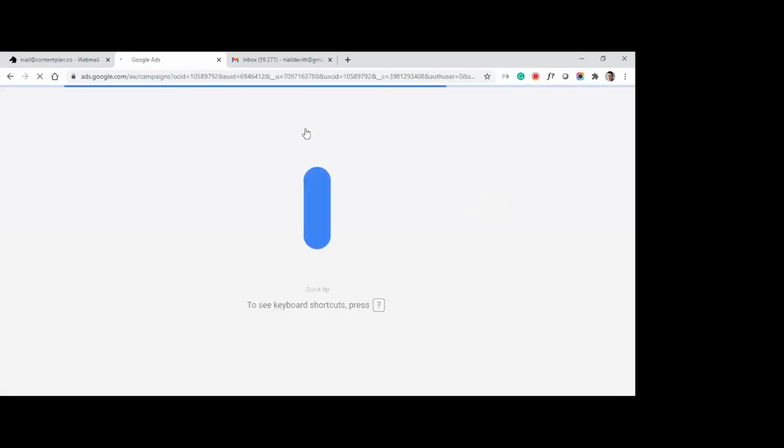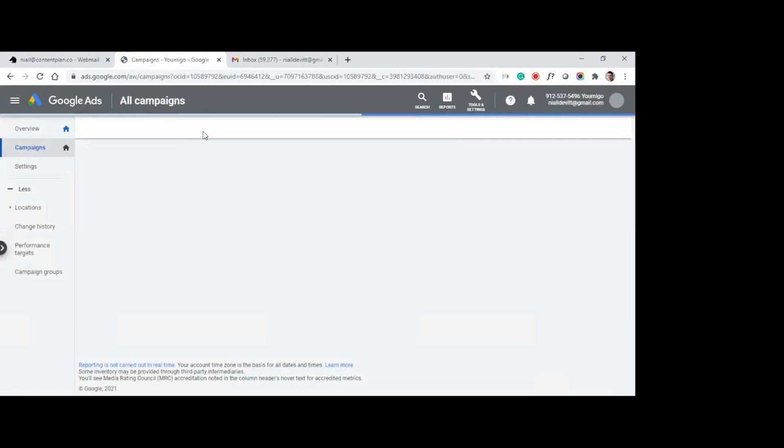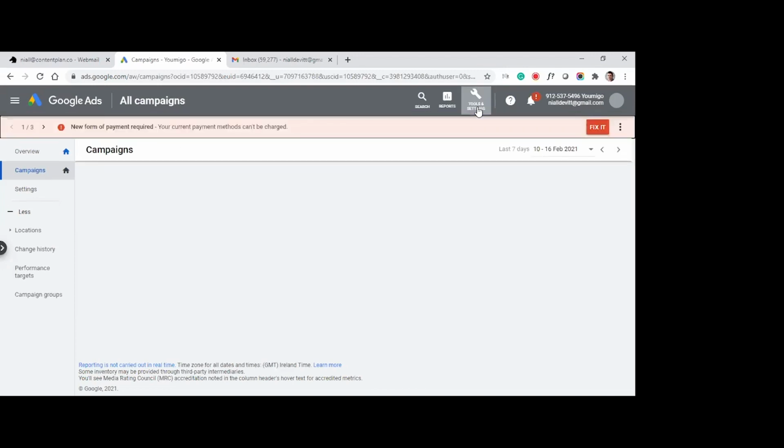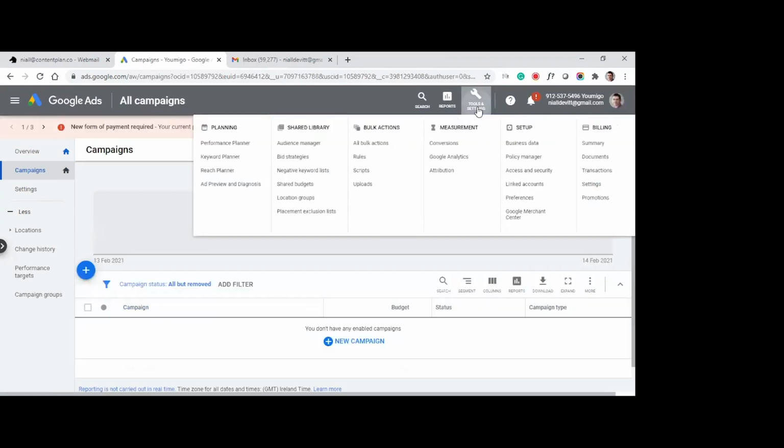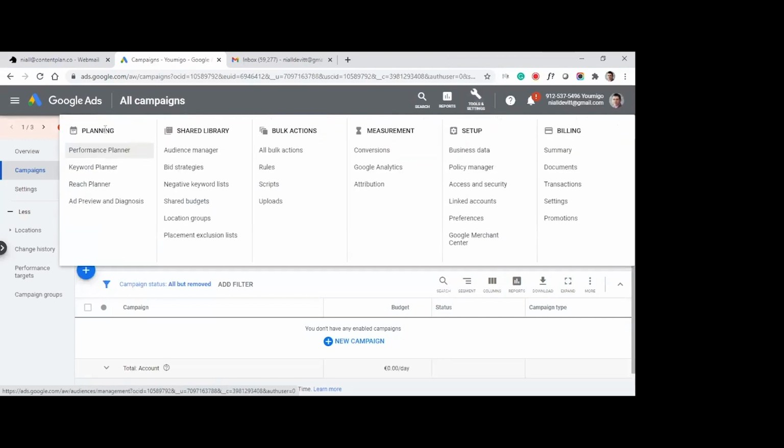So I'm just going to sign into Google Ads here. I just want to show you the keyword planning tool. So I'm in Google Ads here, and you can see in the top right-hand corner there's a Tools and Settings button. I'm going to click on it, and it'll open this for me here. Over here under Planning, you see there's Keyword Planner. So I'm going to click on Keyword Planner,